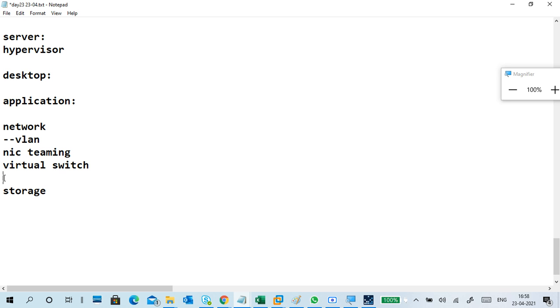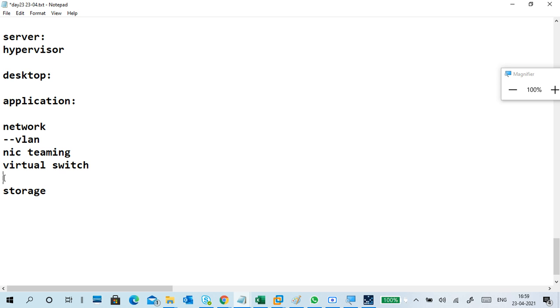VMware also has switches: VMnet0, VMnet1, VMnet2, like that. VMnet1, VMnet2, VMnet3 by default are host-related, meaning physical PC to virtual machine or virtual machine to virtual machine communication only, like an internal switch type.